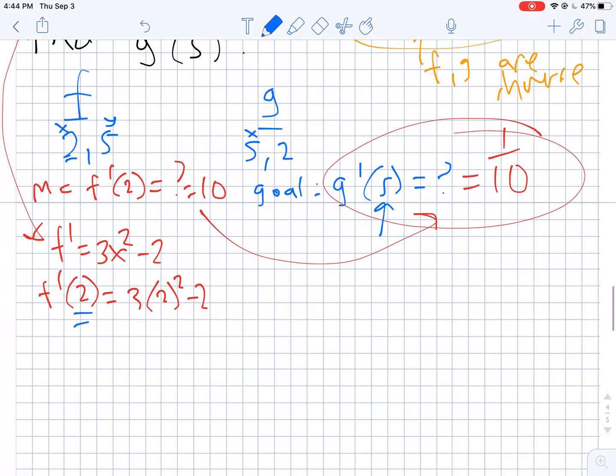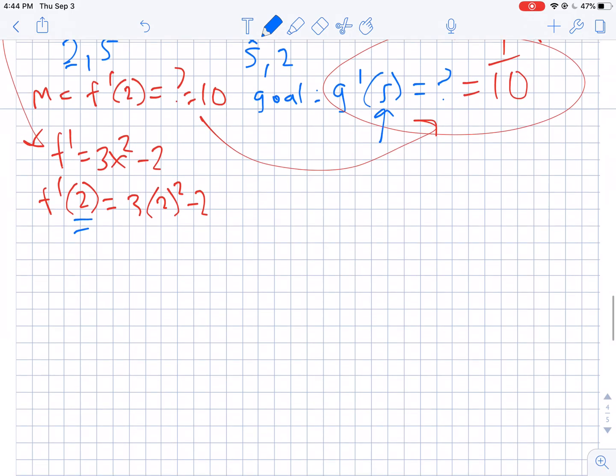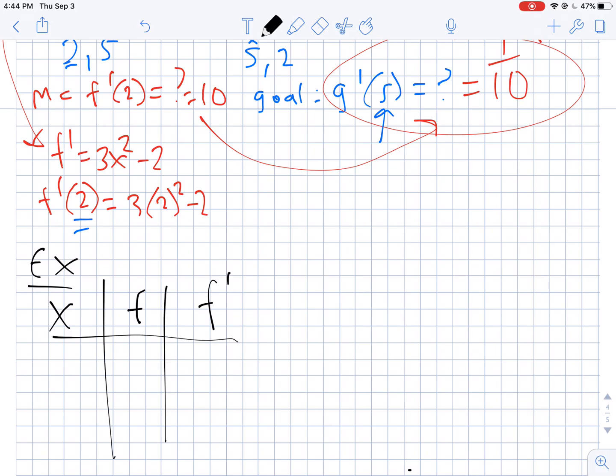Okay, let's do one more problem similar to that. So let's suppose, for example, I give you a table again. I'm going to tell you that here we have x, we have f, and we have f prime in a table. Okay, and I'm going to have, say, 0, 1, 2, 2, 7, 10. This will be 3 halves, 4, and 7. And I'm going to have you find f inverse prime